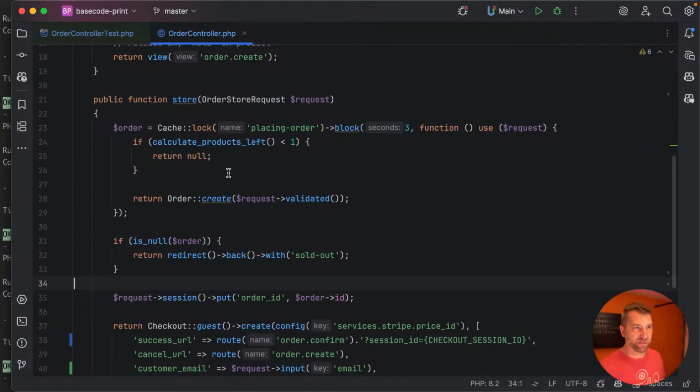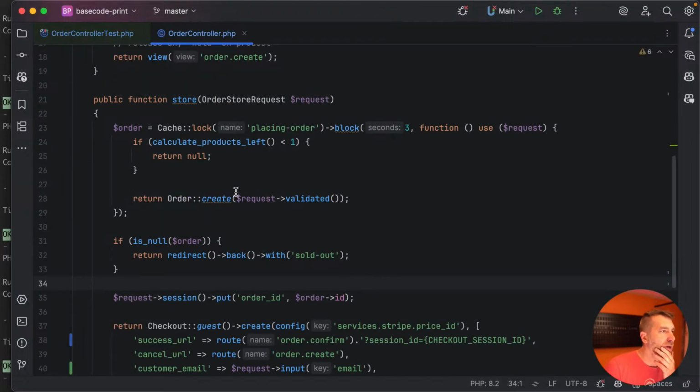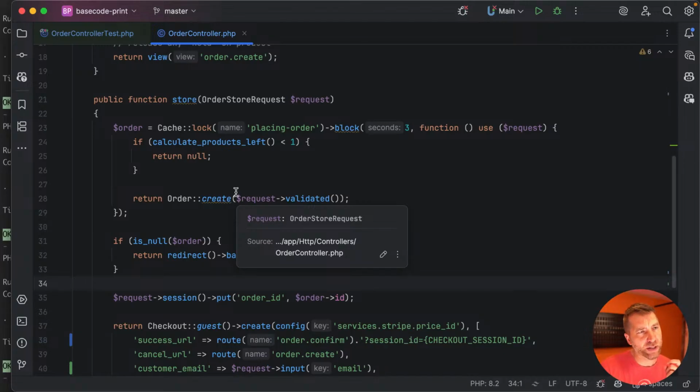No products left, right? That would kind of be the next exceptional state. Like I get redirected back with sold out. So we could say something like: store redirects back when sold out. Okay? And then the other thing I'd want to do, and we need to read the docs for this